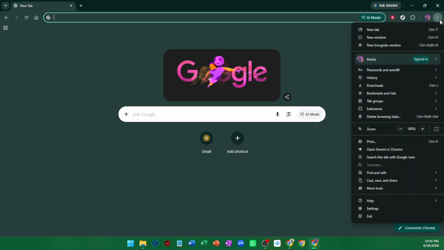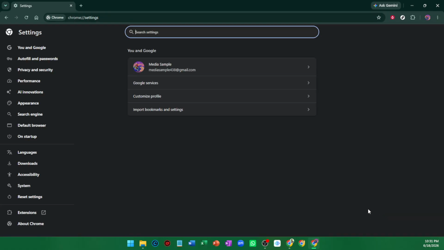From that menu, click Settings near the bottom. This will open Chrome's settings page in a new tab. The settings area is where you can customize how Chrome looks and behaves, including visual display options like zoom. When the settings page opens, look to the left-hand sidebar and select Appearance. This section controls the way Chrome displays content and interface elements, so it's the right place to adjust how pages